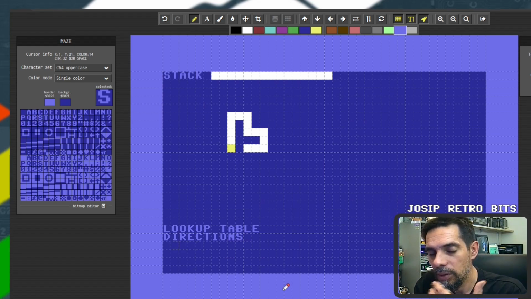Okay, so I created a lookup table for directions, and again, this is just an array. It can be a 2-dimensional array with x and y coordinates. It can be a single-dimensional array with just absolute positions of elements on the screen. So it doesn't have to be a 2-dimensional array. It doesn't really matter. It doesn't change the concept. So for every position on the screen, I use a single byte to define which directions are free and which are